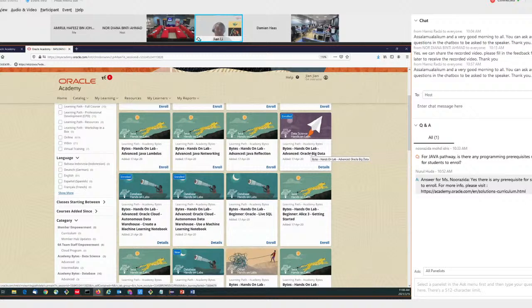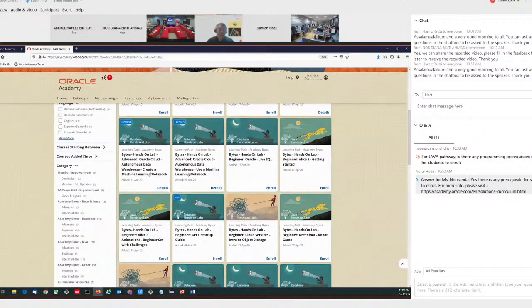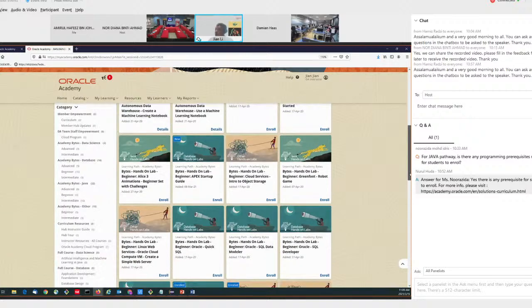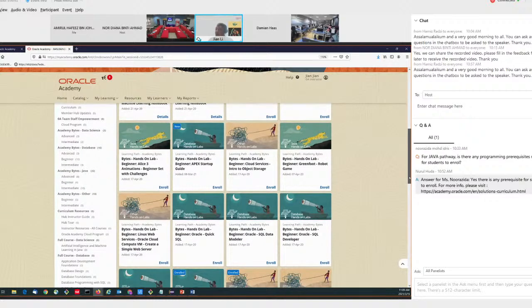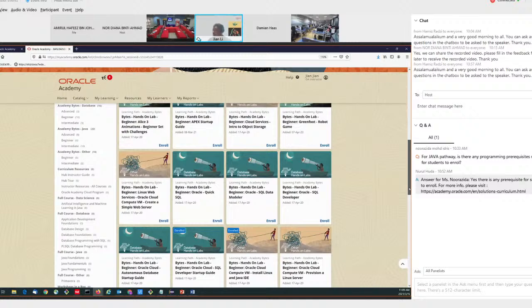And we're also offering some content for the Oracle Cloud Big Data, which allows you to build a big data environment from the Oracle Cloud environment. And we're also offering the autonomous database. How can we create an instance for the Oracle autonomous database in the Oracle Cloud environment? And we are also offering something for data science. For example, the